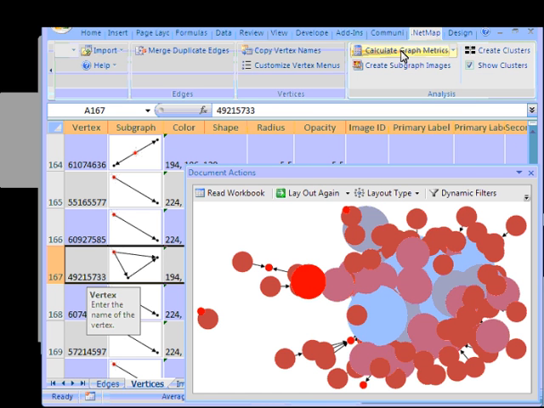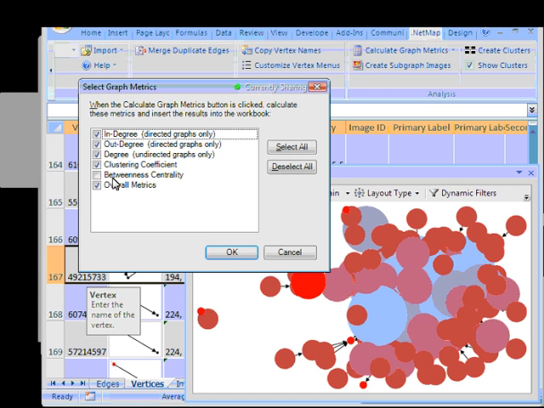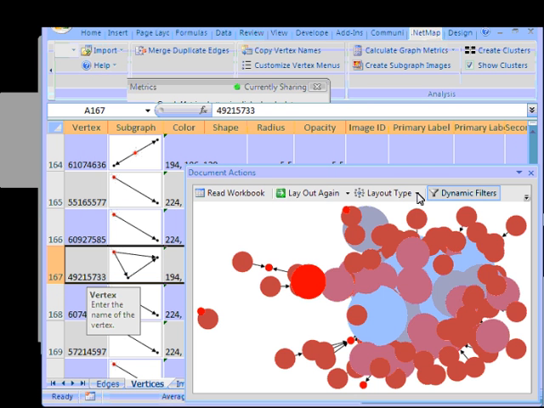I won't do that at the moment, but I will show you the graph metrics that we currently have. And you can select which ones are calculated. And you'll see that I've skipped between the centrality. One of the things that I'd love for those who are listening to contribute is proposals for metrics that we did not yet implement. In the same line, I would also like proposals for layouts that we have not yet implemented. I'll show you the layouts that we do support.